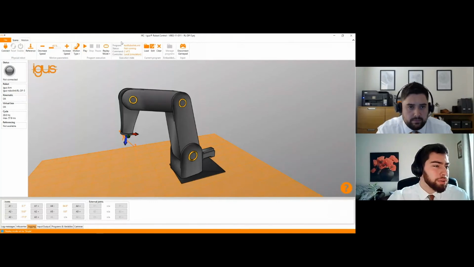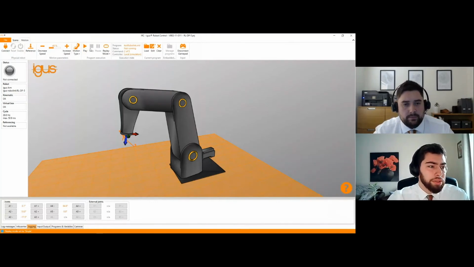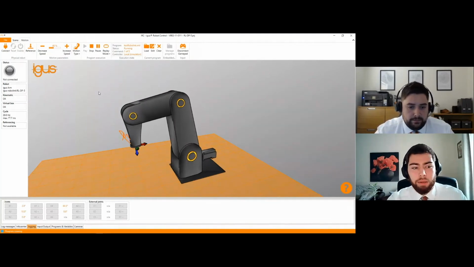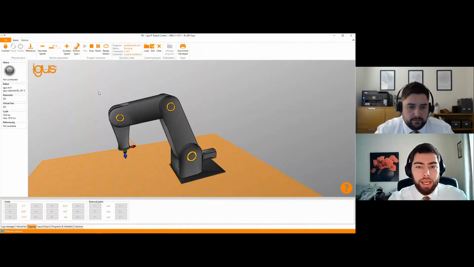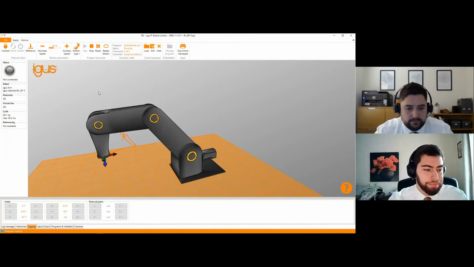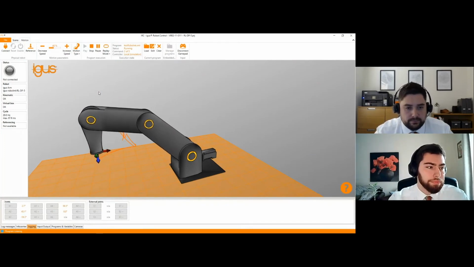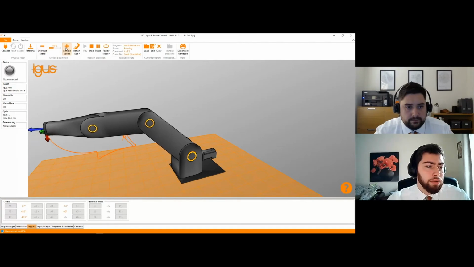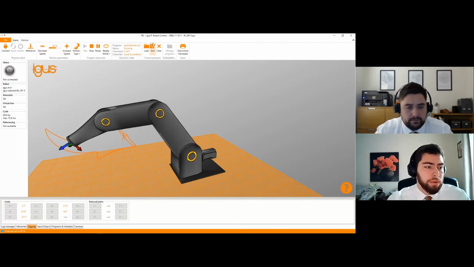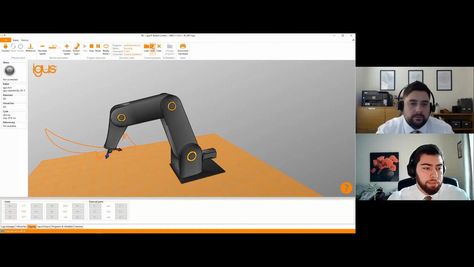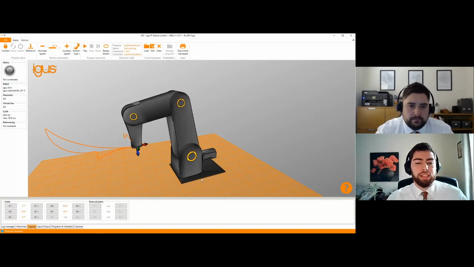So when I go to the program execution, I can just press play, and the robot will perform the sample program that is already loaded in there. While the robot is moving, we can also alter the speed. We can make it slower or faster, and we can, of course, edit the program if we want to. So we've just seen the Robolink perform a motion program.